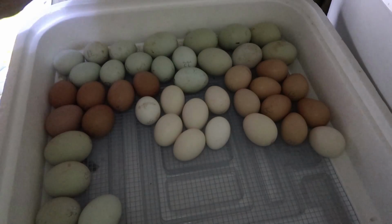But I did try to choose the larger of the egg layers for practical reasons. I do have some